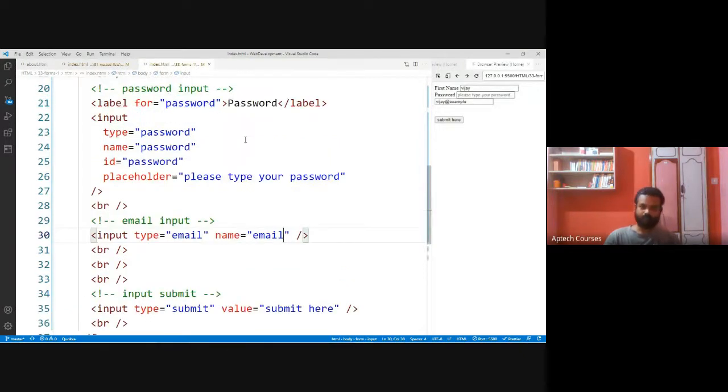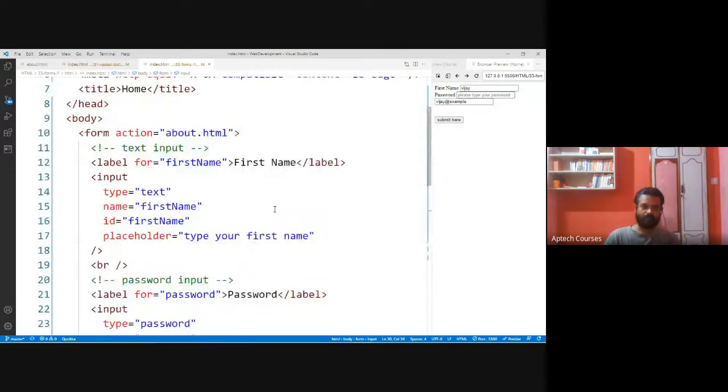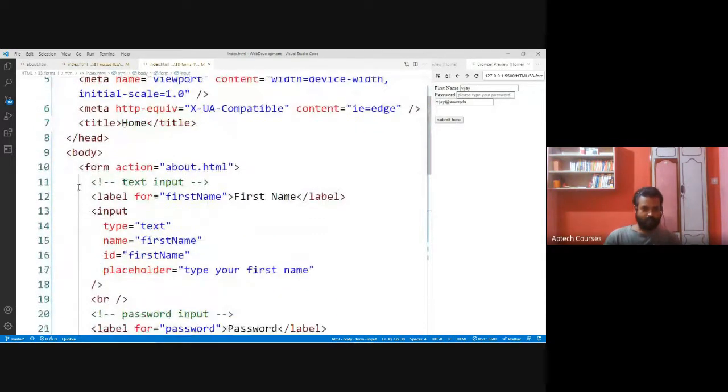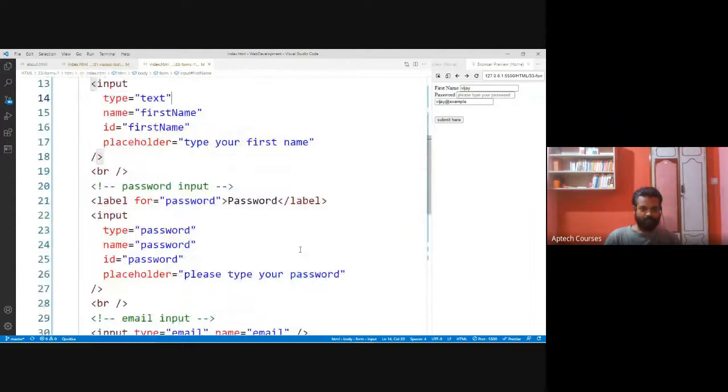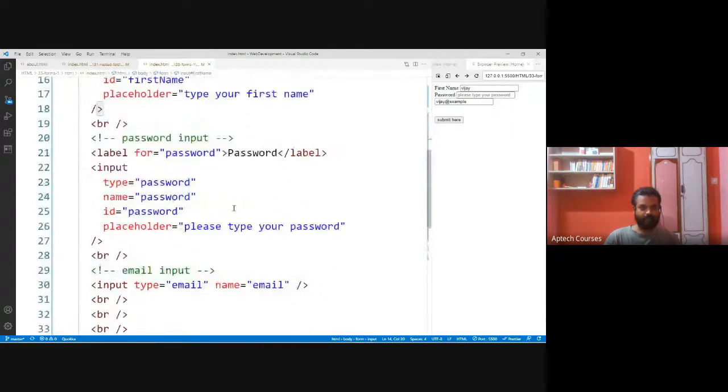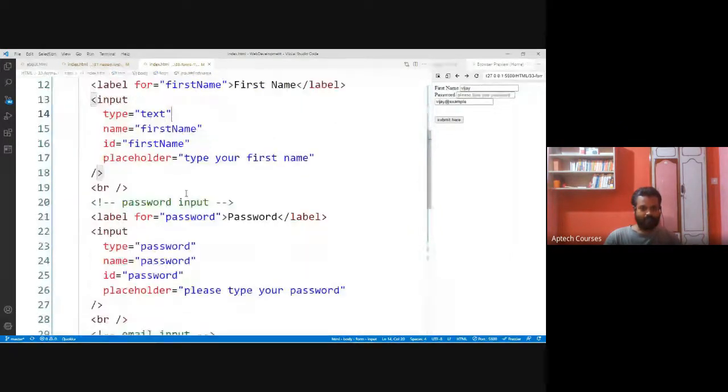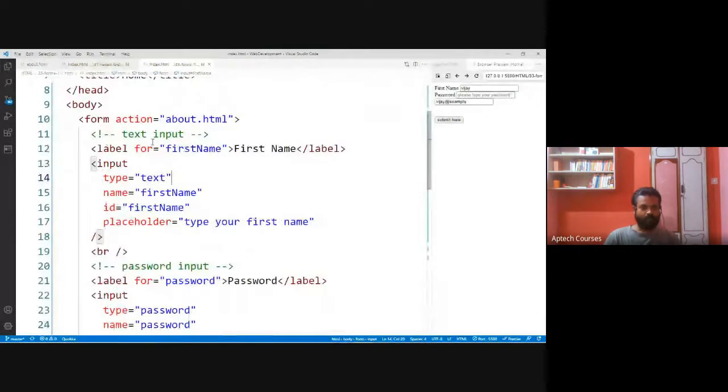You'll come to know. And label is also similar, but label we are using within this HTML, but in case of name we are using it in the backend. So all these things are somehow connected to the backend.